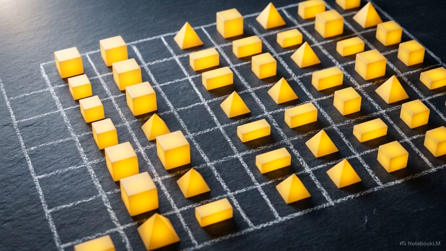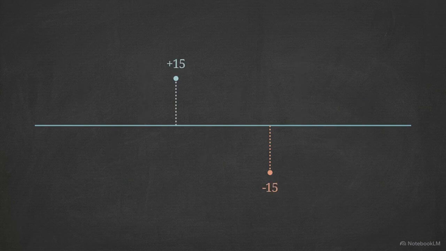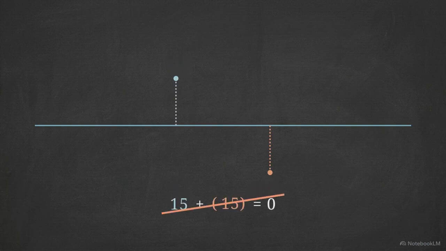We need an equation that accounts for every single observation. The challenge is to build a measure that tracks the exact distance of every single point from the mean without throwing any data away. If you measure the raw distance of each data point from the mean and add them together, you trigger the cancellation problem. Positive deviations above the mean and negative deviations below perfectly cancel each other out, leaving a sum of 0.